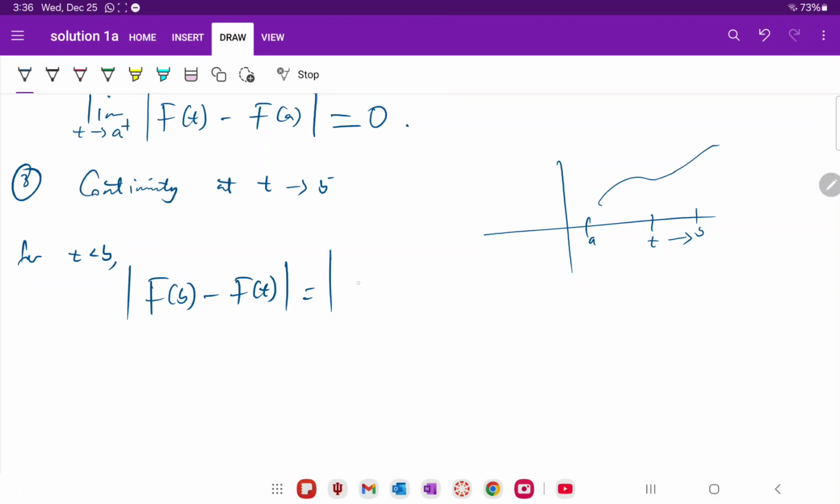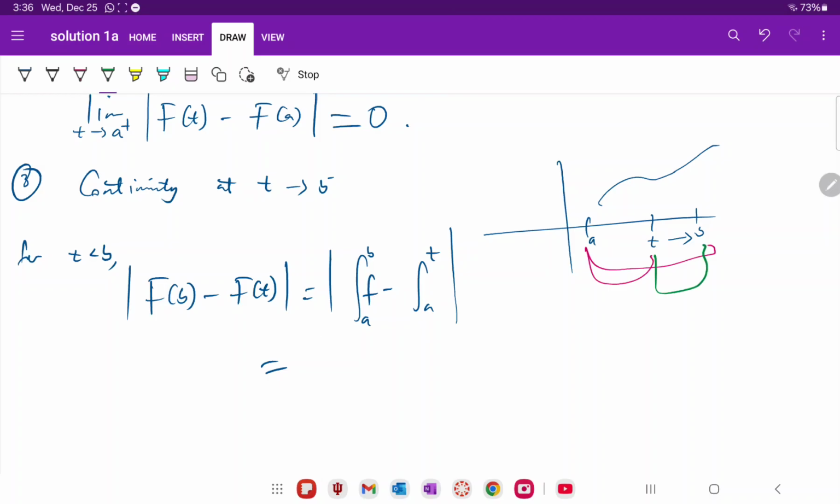By the definition we have the integral from a to b of f minus the integral from a to t. If you observe, from a to b, and you subtract from a to t, you'll be left with